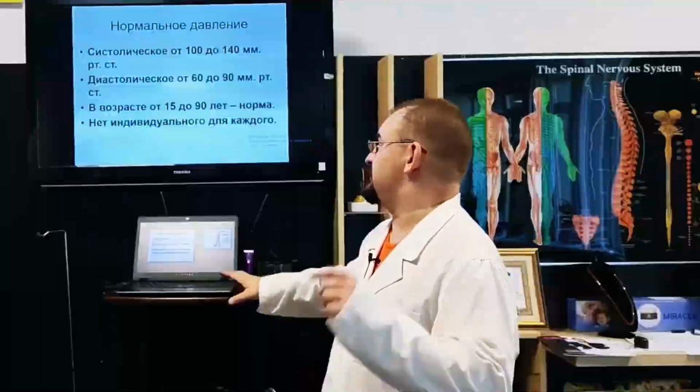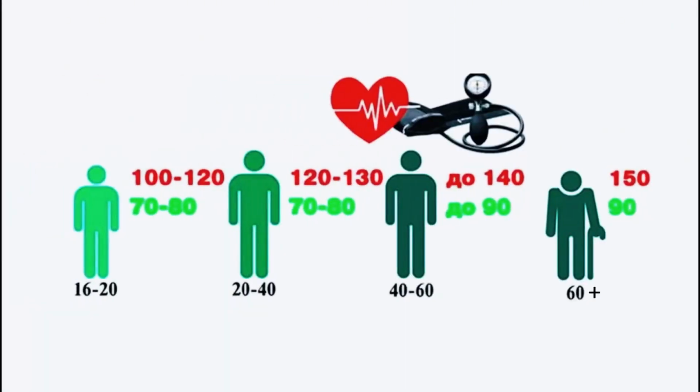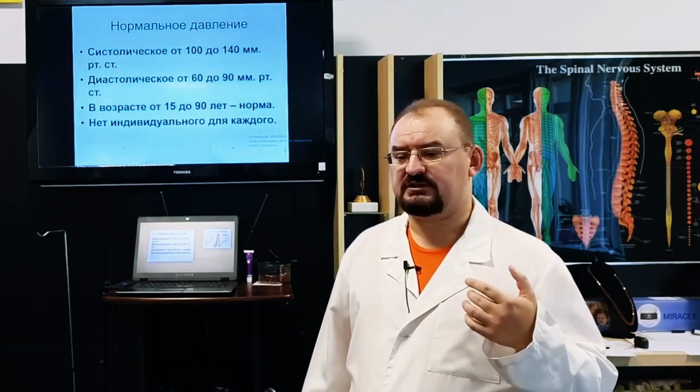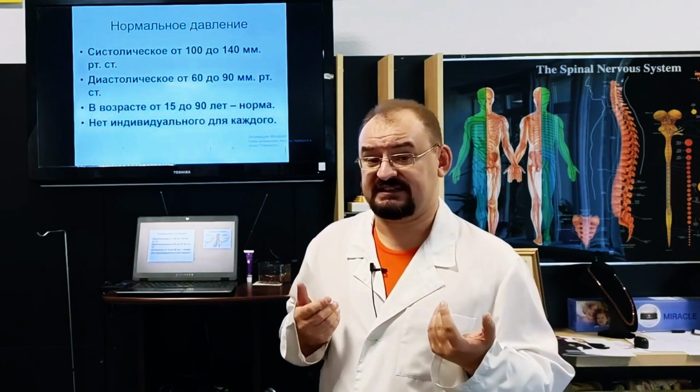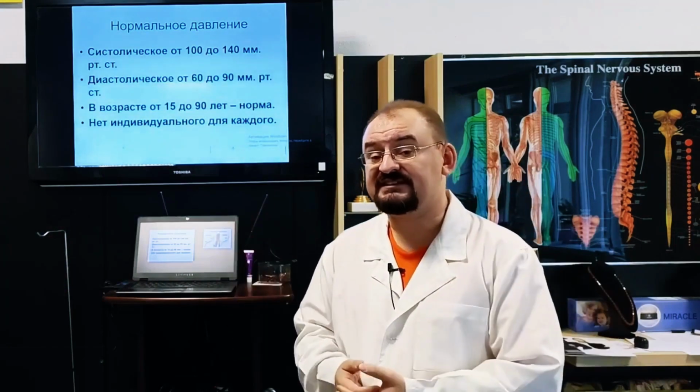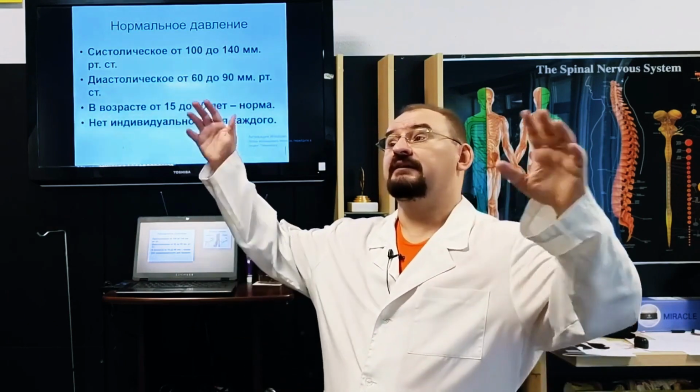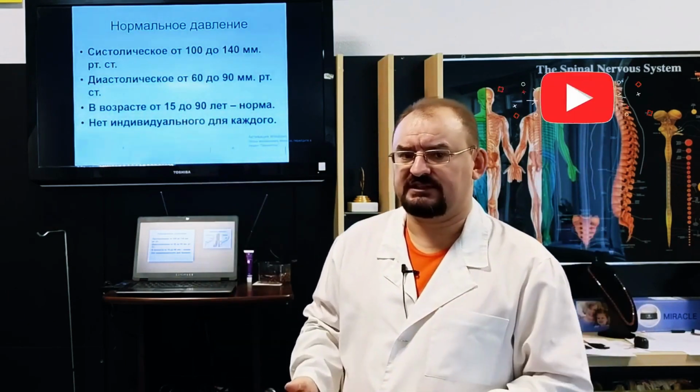So let's go over a few points related to blood pressure, to the normal blood pressure values that people have. All right, look. There is no such thing as a normal blood pressure of 120 over 80. There isn't. That's nonsense. That's just an average blood pressure. People have just memorized this number, but it's nonsense.